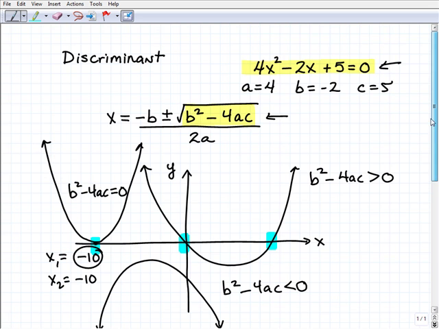So basically, once again, a discriminant simply tells you the type of roots for a quadratic equation. It is a very useful thing. Most of you aren't going to be calculating the discriminant if you're looking for the solution to a quadratic equation. You'll just notice it as you're doing your work